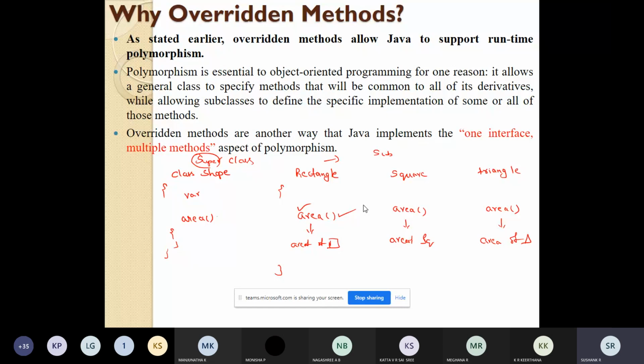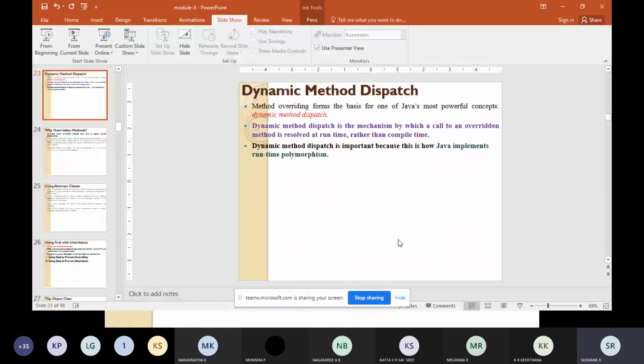So this is where we will be using method overriding. This is a practical example of method overriding. So let us learn with the code. Let us learn with the same example with the code. I'll write the code for the same thing.